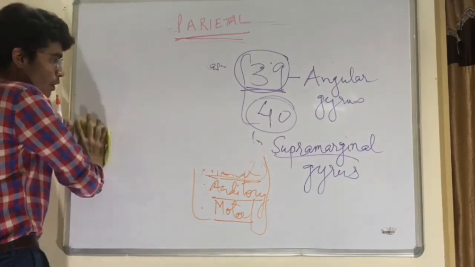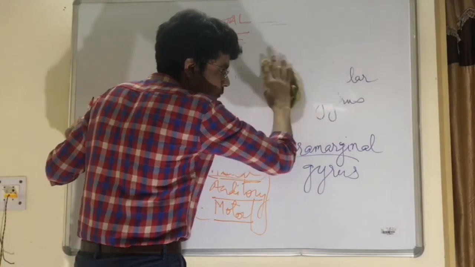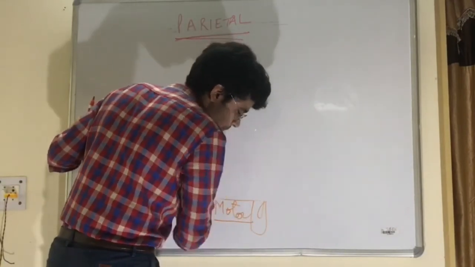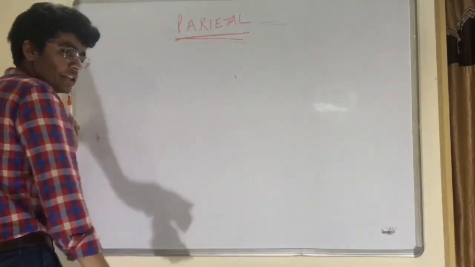Okay, so all these are different Brodmann areas located within the parietal lobe and their functions. Now coming